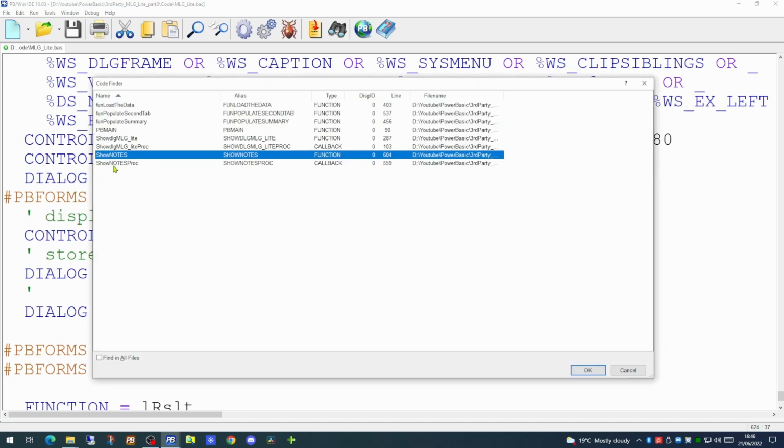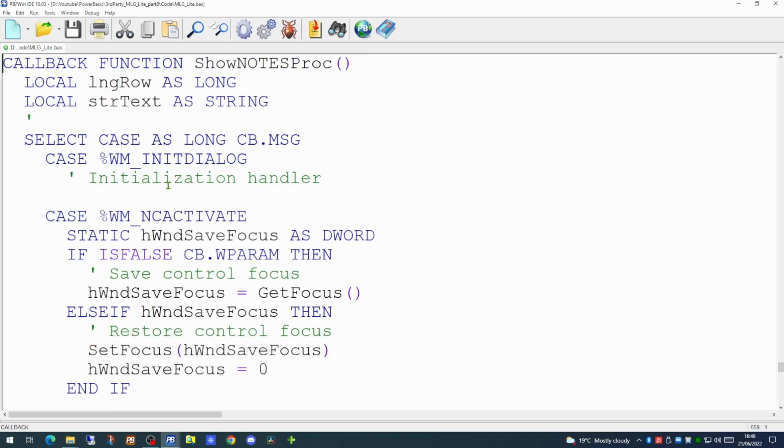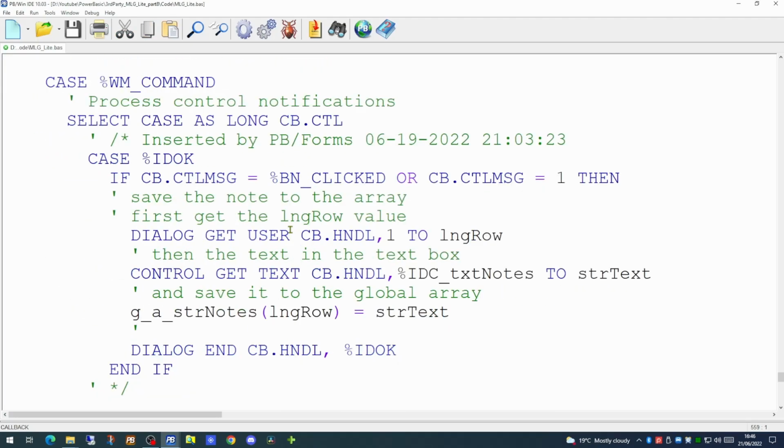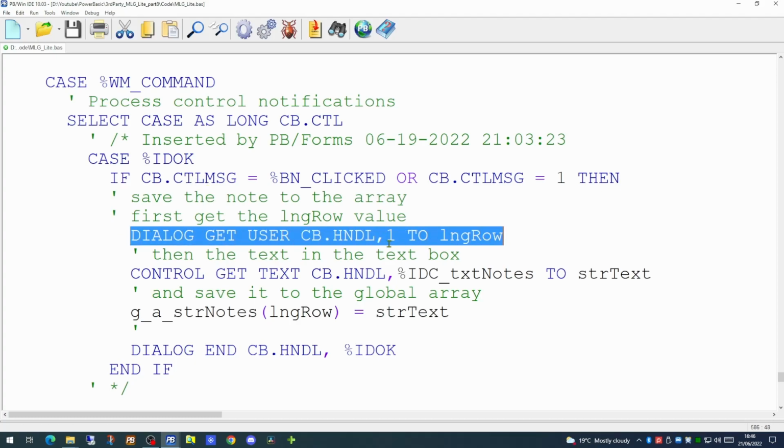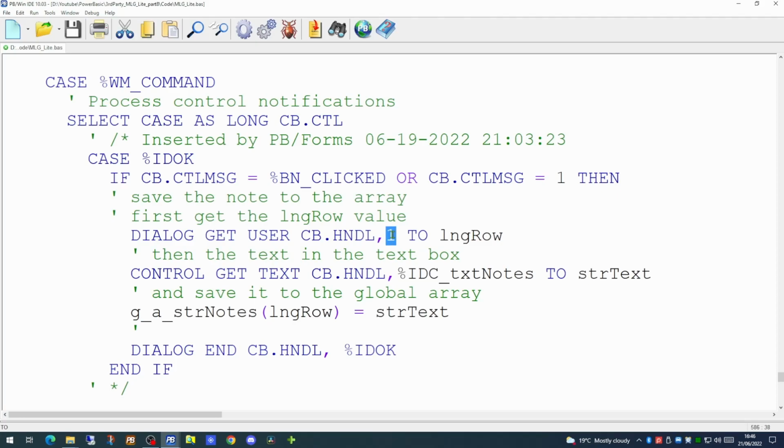If we have a look at the event handler for the notes dialog, we'll see that when the user clicks on the save button, the first thing we do is to pull back from the user setting for slot number 1 the value of the row. We can then get the text from the text box to a text variable, and we can populate the global array for the row number with the text the user's actually typed in.